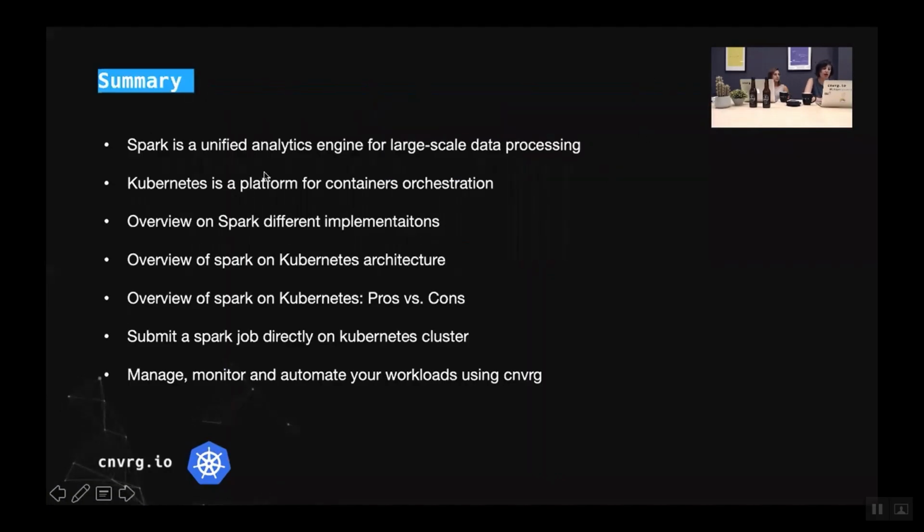Summary of what we just saw. Spark is a unified analytics engine to run really huge, large scale data processing. It leverages the in-memory ability to run really huge data processing. Kubernetes is a platform for abstraction of container orchestration, so you can run any kind of container workload on top of your Kubernetes cluster. We walked over and saw the different implementations of Spark. We saw how Spark is implemented in Kubernetes architectures, and the pros and cons of running Spark on Kubernetes. Basically, that Kubernetes support is in beta stage, but you can still run your workload and get really impressive results in